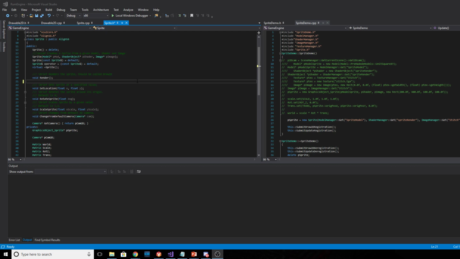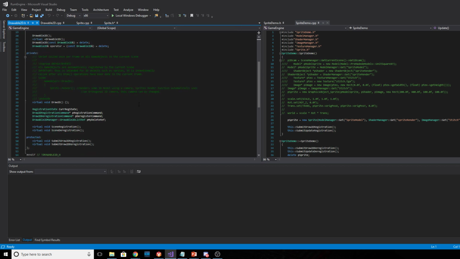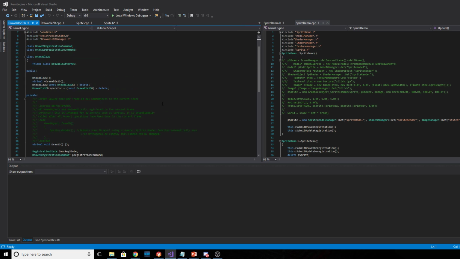Got sprites working for the most part. I went with a new class that game objects are derived from, so I did a drawable 2D class, almost the exact same as drawable. I created a new drawable 2D